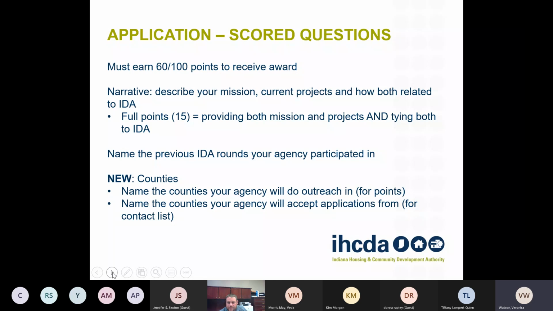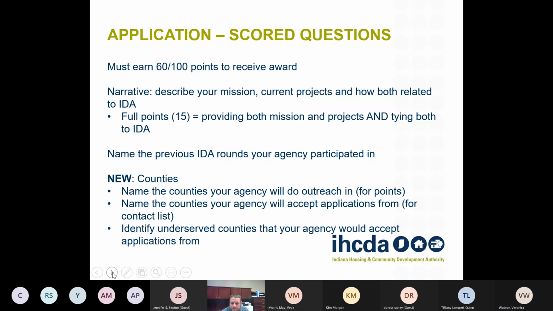So that is not for points, that is for our contact list that we pull together using your application information. And then for some bonus points, these are not factored into the 100 points total, but you can get a couple extra bonus points. We have some counties where currently, as far as I know, no one is either offering or doing outreach or accepting